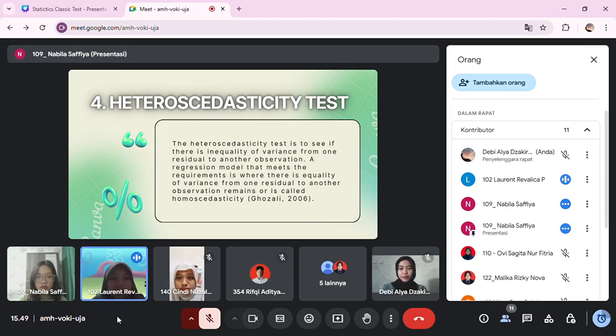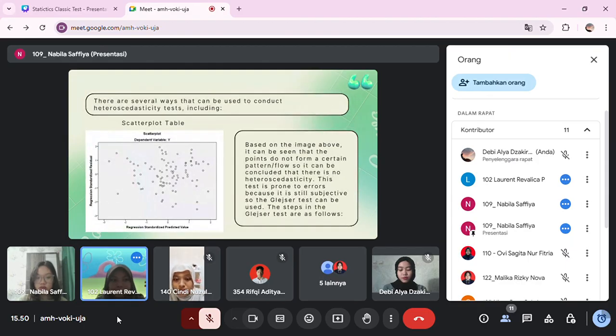Heteroscedasticity test. The heteroscedasticity test is to see if there is inequality of variance from one residual to another observation. A regression model that meets the requirement is one where there is equality of variance from one residual to another observation, which is called homoscedasticity by Ghazali 2006. There are several ways that can be used to conduct heteroscedasticity tests, including based on the